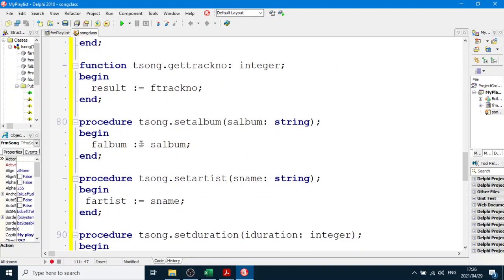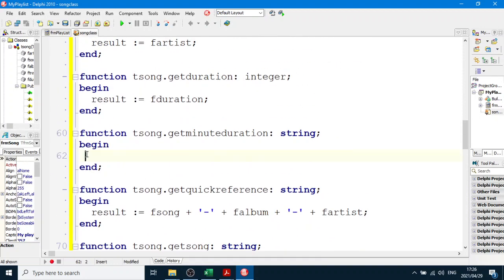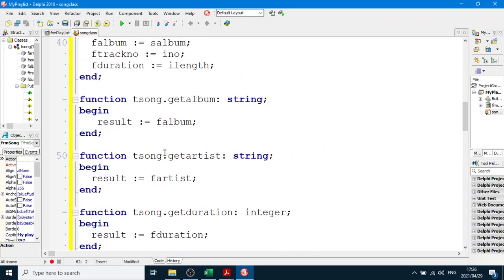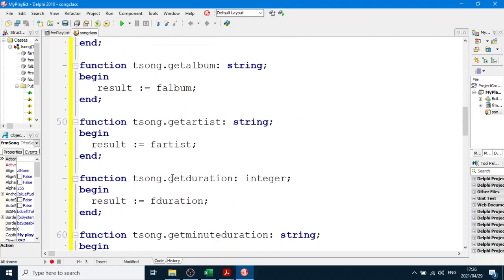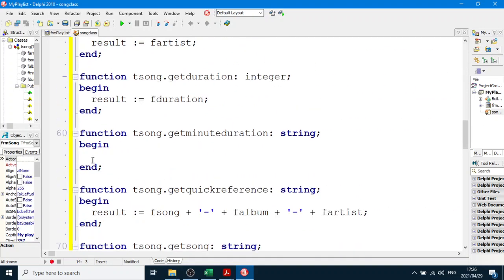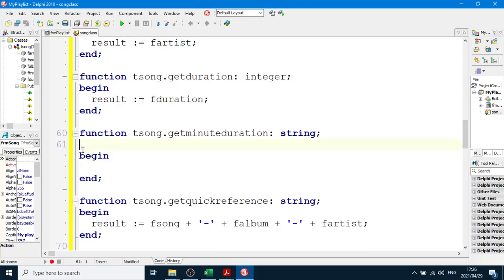And now we're going to do our calculation for the get minute duration. That should be fun. What are we going to use? We're going to use the seconds that are in this variable called fDuration, because remember fDuration was all seconds, so we've got to get fDuration and change it up. So we're going to use some variables over here. We're going to use mod and div, I think, yeah, iMinutes, iSeconds